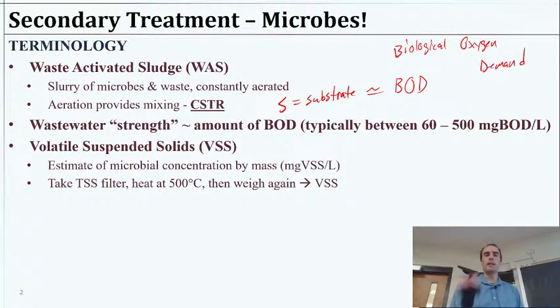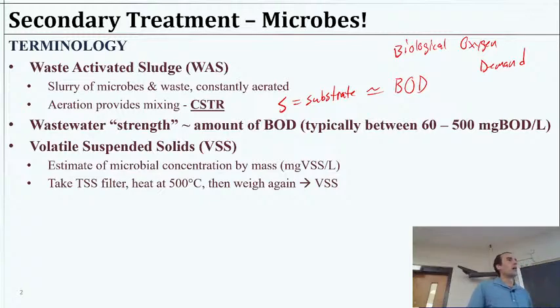We quantify that in a mass of oxygen consumed per amount of stuff transformed, right? The amount of oxygen that bacteria will consume. We'll get more into that after covering the treatment, to take a look at what happens downstream once we discharge wastewater. So we'll come back to BOD in more depth. For now, this is milligrams of oxygen demand per liter. And the strength typically varies between something like 50 to 60 milligrams BOD per liter, all the way up to